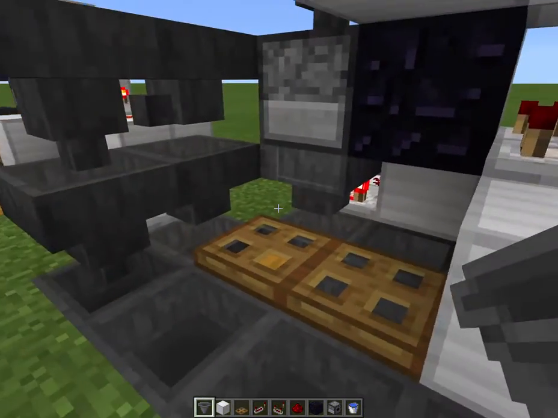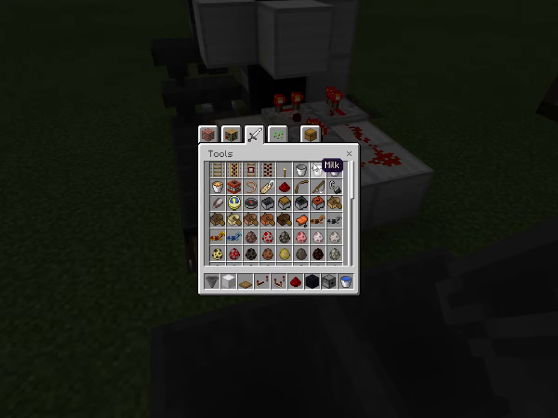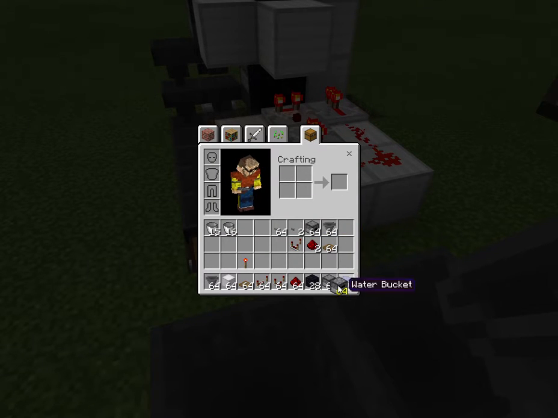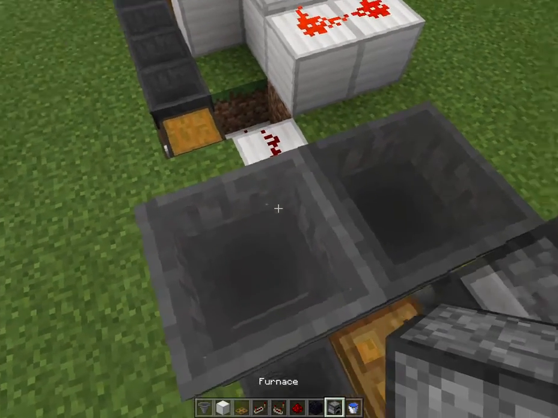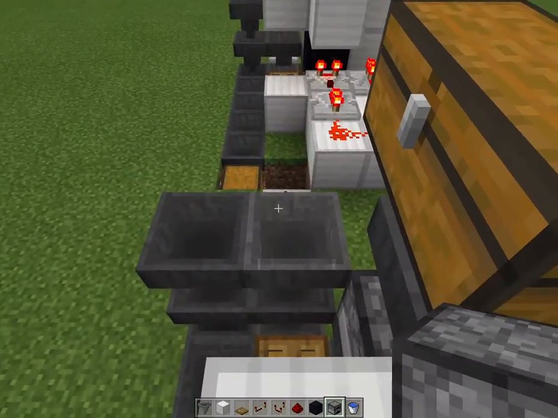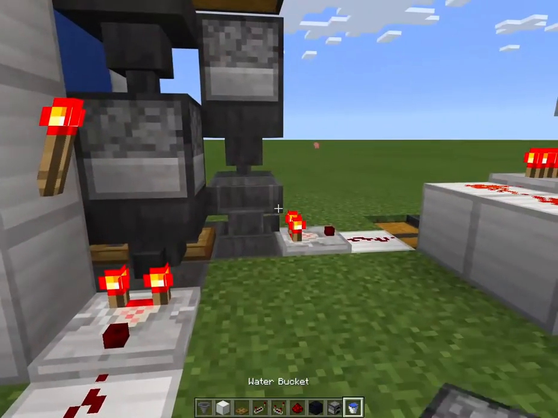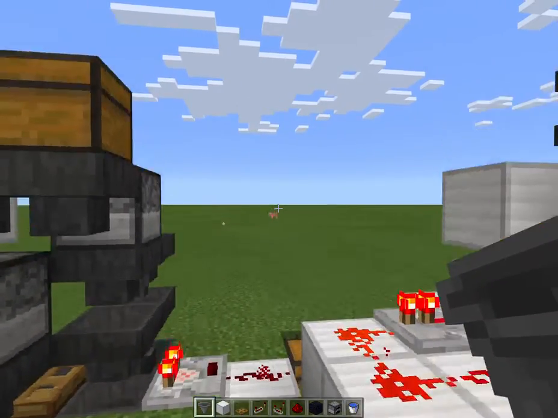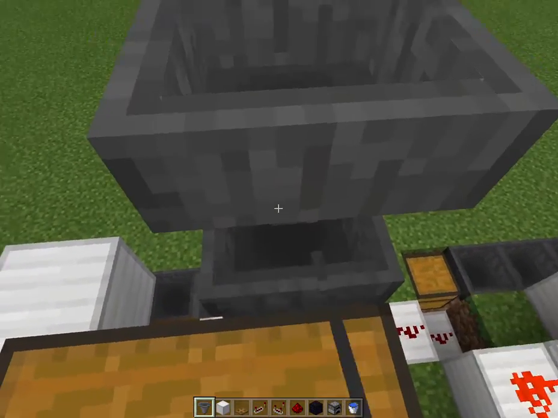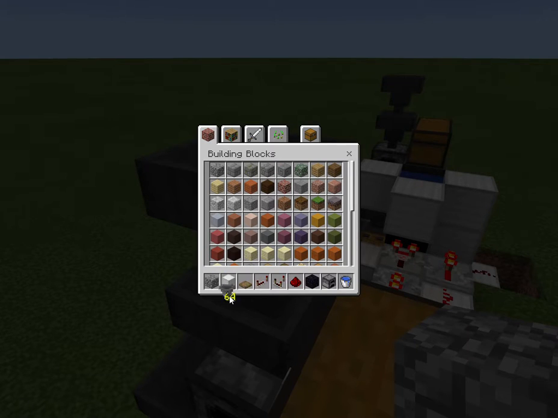So next we need to put in our furnace. Wish I could do this as smoothly as everybody else does. Mumbo jumbo, I ain't. Okay, there's the fuel feeder. And there is the smeltables. So if I fill this here with cobblestone,